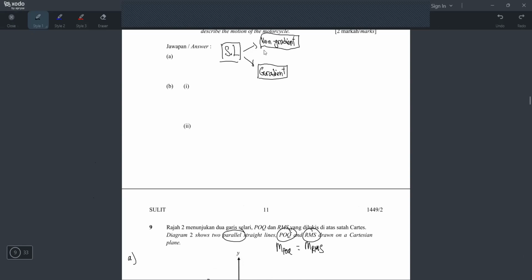So non-gradient line looks like this. Okay, it's either like this, straight macam ni, ataupun straight macam ni. Okay, and for non-gradient line, dia takkan ada gradient, dia tak ada kecerunan. Sebab dia tak ada cerun pun. It means dia tak ada sengit lah, line tu tak sengit. So dia ada macam ni, mengufuk ataupun mencancang. Okay, yang ni horizontal, yang ni vertical. Mengufuk, mencancang dalam bahasa Melayu.